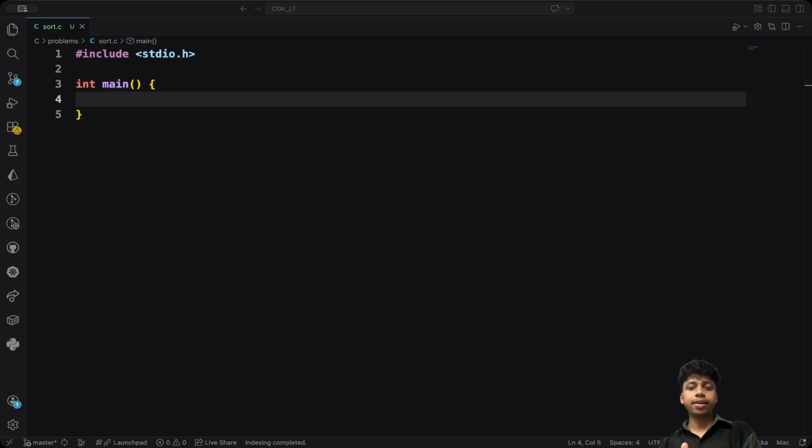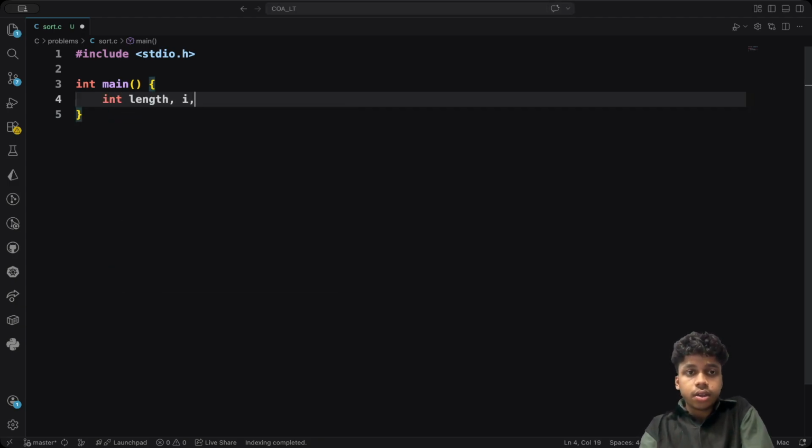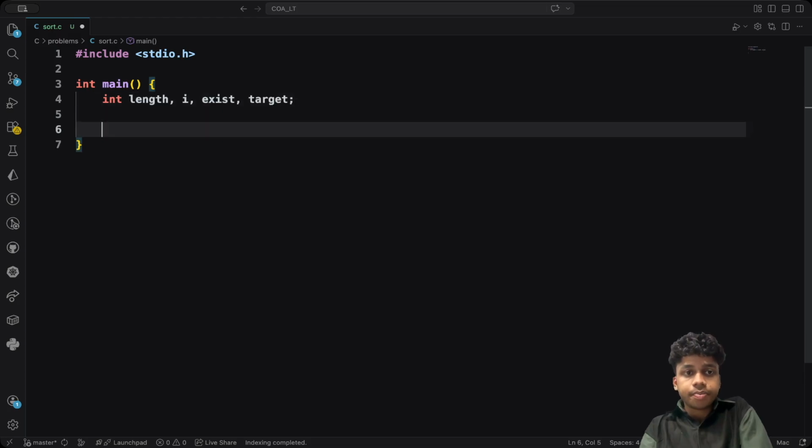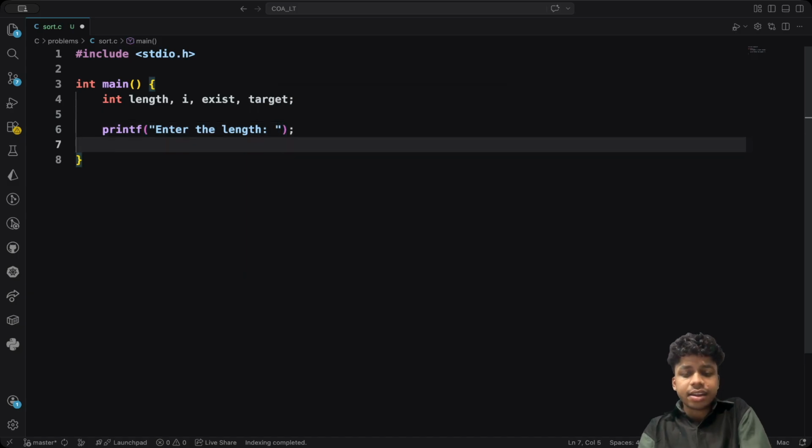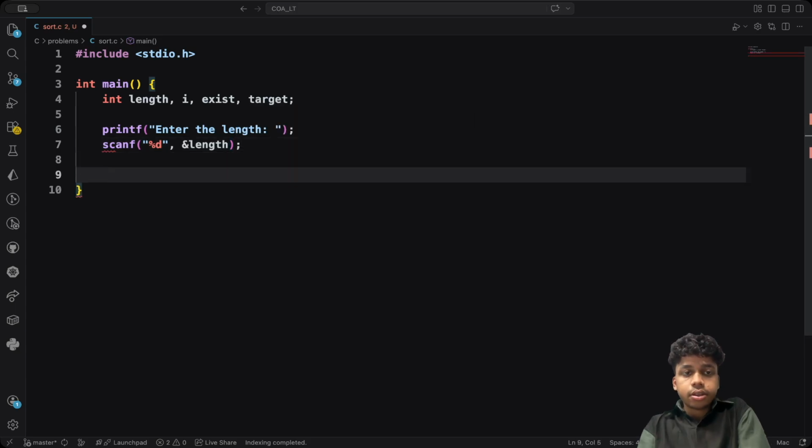Now what we need is a variable called length, and we also need a variable called i for the iteration. Then we need a target by which it will be compared, to see whether the element exists or not, and we will also take a variable exist, we discussed it here. So we need length, we need i, we need exist, and we need target. Okay, now let's take input from the user for the length of the array, scanf percentage d and address of length, then